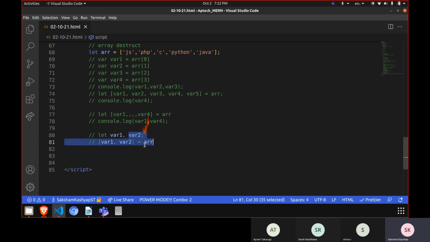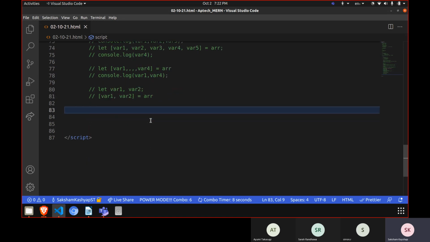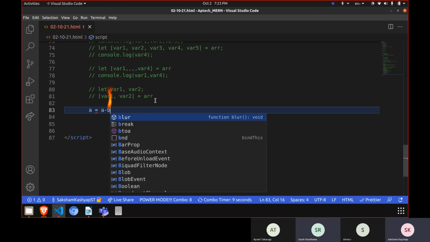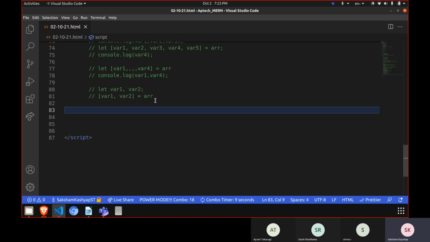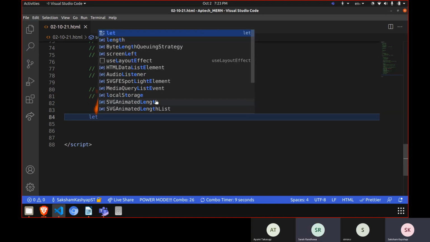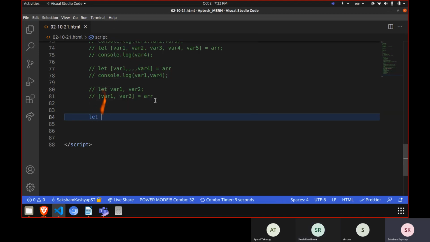Using this concept, there is a famous interview problem as well. We have to swap two numbers without using a third variable. Have you heard about that problem in C or C++? Yes, sir. It's common. We have to use some expression like a = a - b, or b = a - b, something like that. So in JS, what we can do is use this array destructuring concept, we can simply take